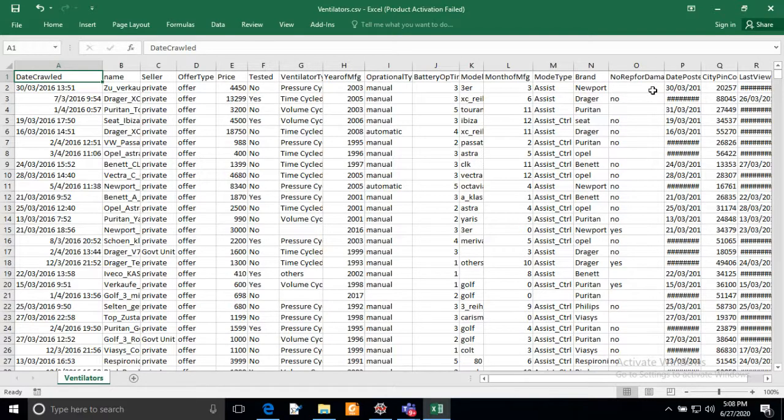Now there is one column here, repaired or not repaired for damage. If the ventilator has damage, they are also collecting whether it has been repaired or not.